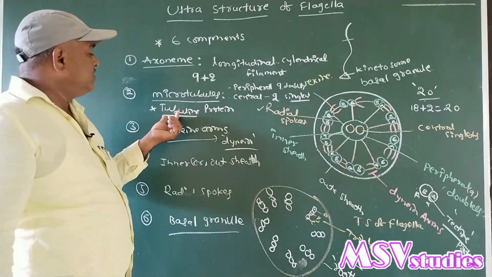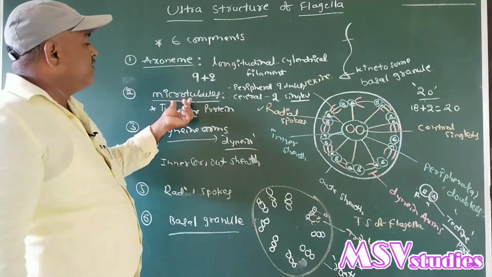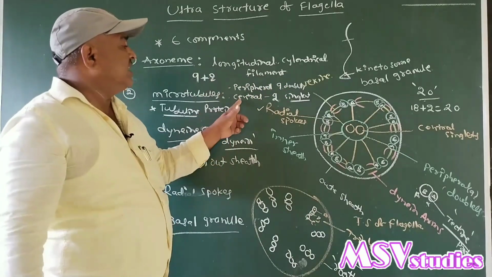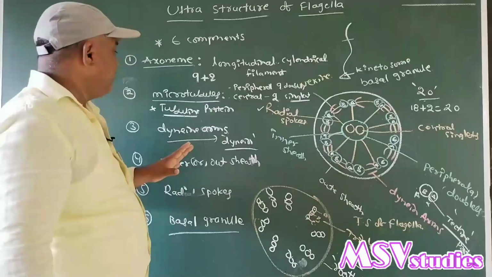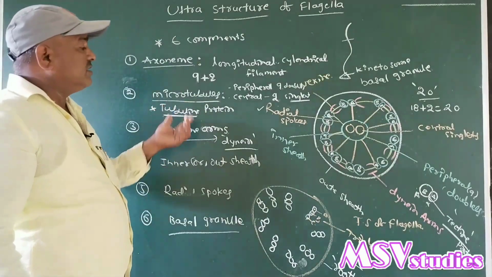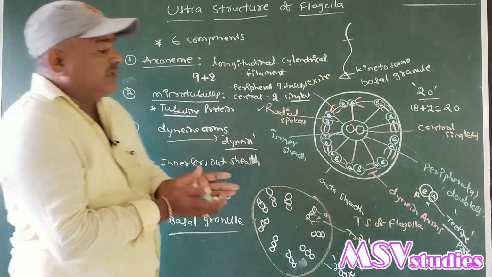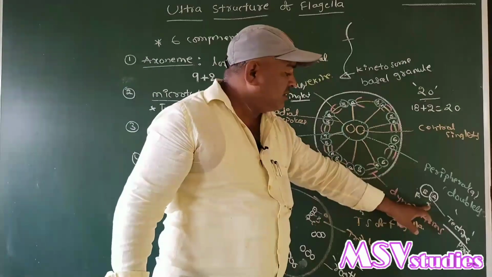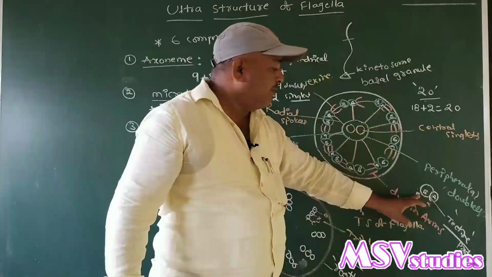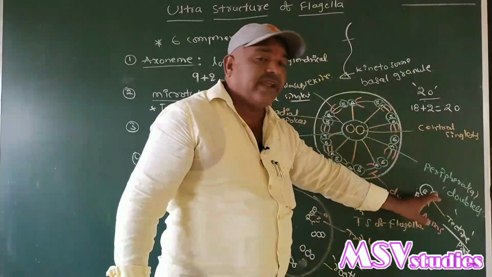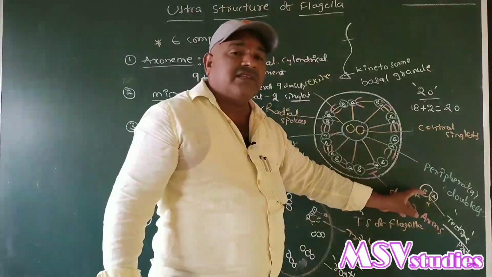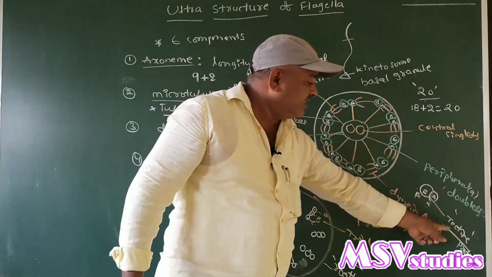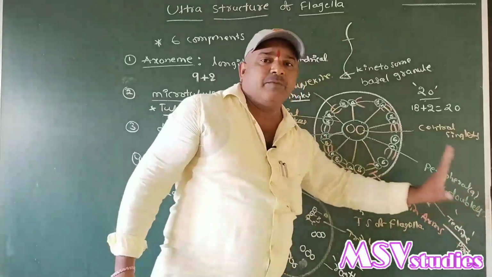Microtubules are made up of tubulin protein. These microtubules have a 9+2 structure. 9 means 9 peripheral doublets, 2 central singlets. The peripheral microtubules are of 2 types, A microtubule and B microtubule. A microtubule is also known as alpha microtubule, B is beta microtubule. A is a smaller incomplete circle, B a larger incomplete circle. The A and B microtubules are connected with tectin protein, an important point.